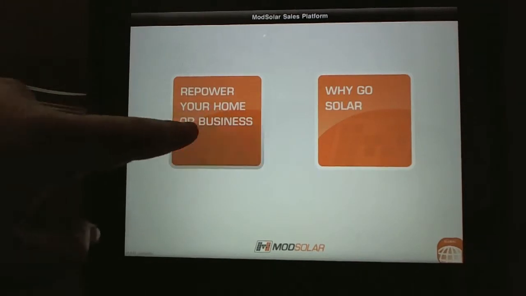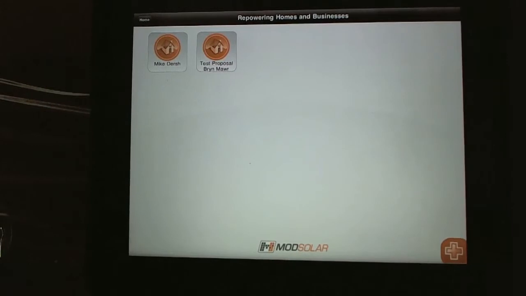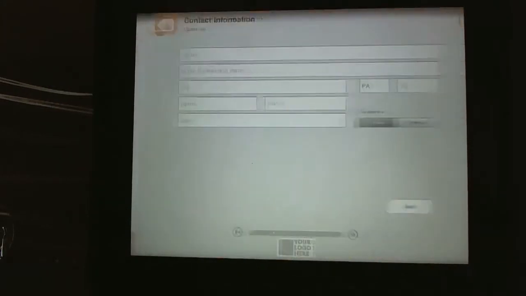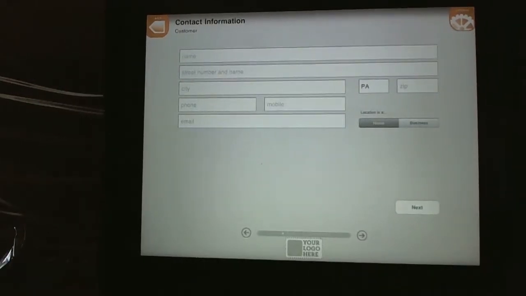Over here on your left, we're going to touch to go ahead and generate a proposal, and you'll see it comes loaded with a test proposal and one that I've already done. But what we really want to do is generate a new proposal today. So what we've got here is lead information, home or business owner information, and it's obviously the most important part